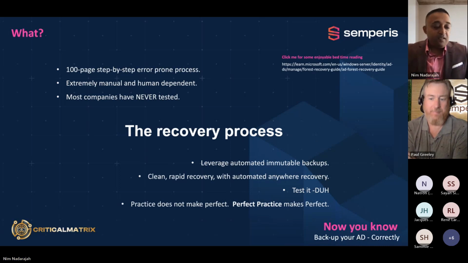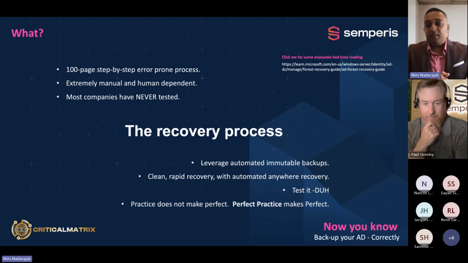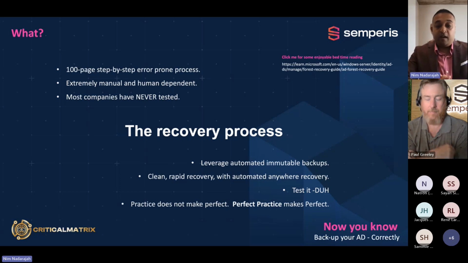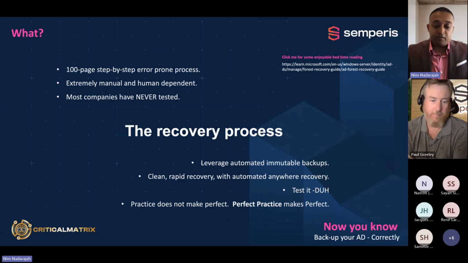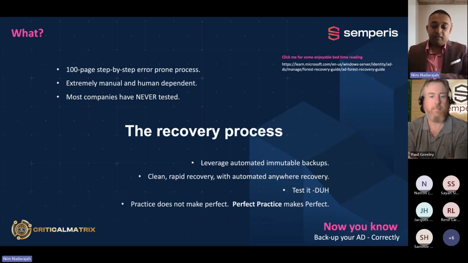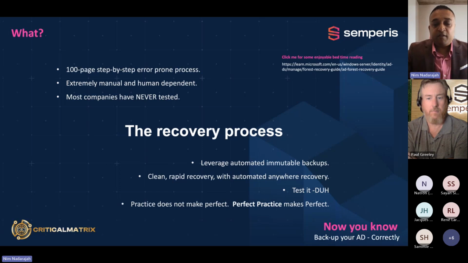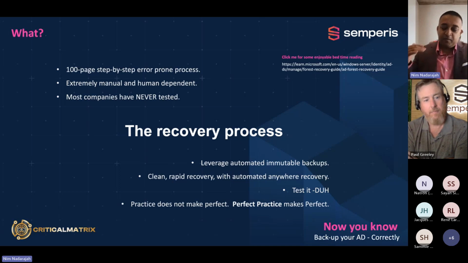Let's jump into the recovery process. This one's interesting for me because I'm a believer in automating mundane tasks that humans are more likely to make mistakes with. I have a financial transaction system background and also a healthcare background. What you don't want is people doing repetitive motion activities combined with fatigue. We looked into the standard Active Directory recovery process that Microsoft has. It's a 100-page step-by-step process, and it actually says in there that when you make a mistake, if it doesn't work, you have to start back at the beginning and do it again.